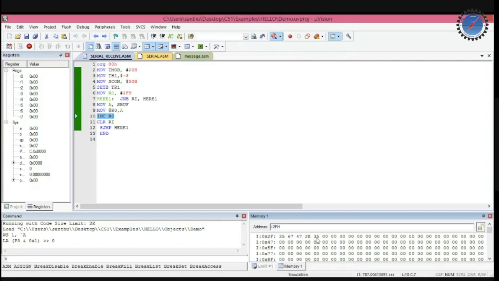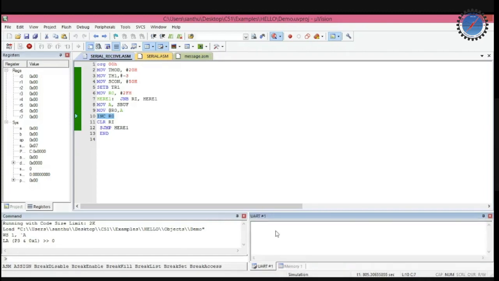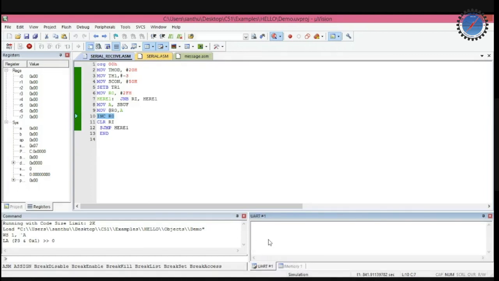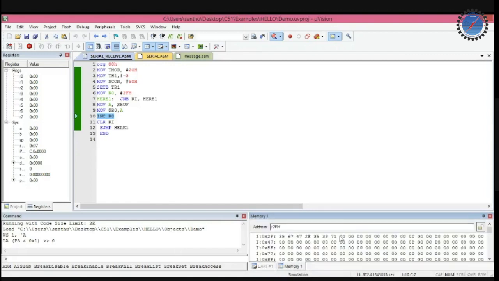Again I pressed 5, the ASCII value of 5 is 35, then 9 is 39. Then again place the cursor, then Q, the ASCII value of the character Q is 71. Like this, for each character there is an ASCII value.